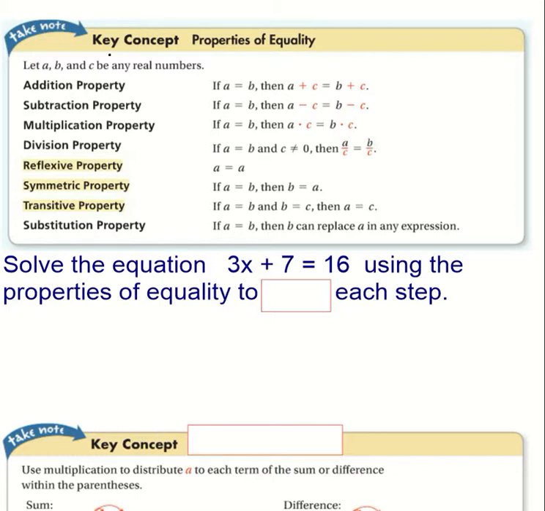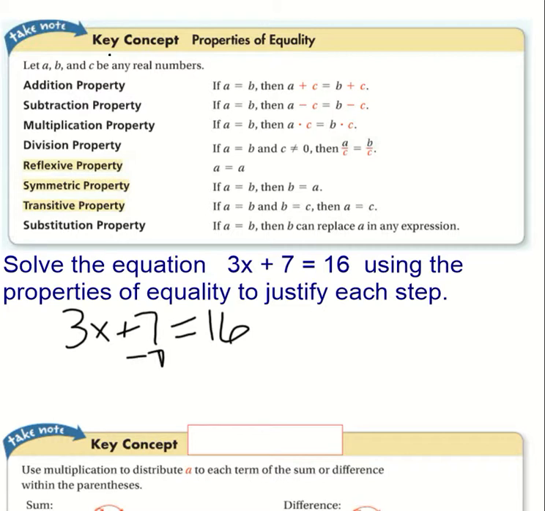And so we're going to use these properties to quickly solve this equation, 3x plus 7 equals 16. So if we write that down, we get 3x plus 7 equals 16. Well, we know by the subtraction property, if two things are equal, we subtract the same thing from both sides, it's still equal, so I can subtract 7. As long as I do it to both sides, then I'll have 3x equals 16 minus 7 is 9. So that was the subtraction